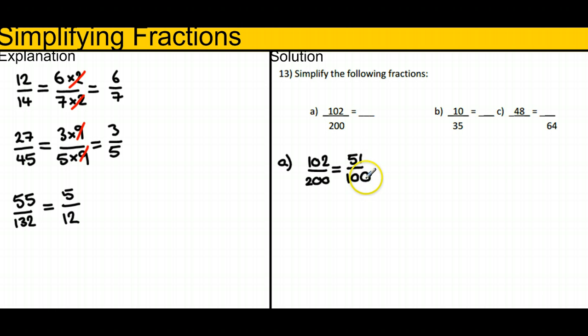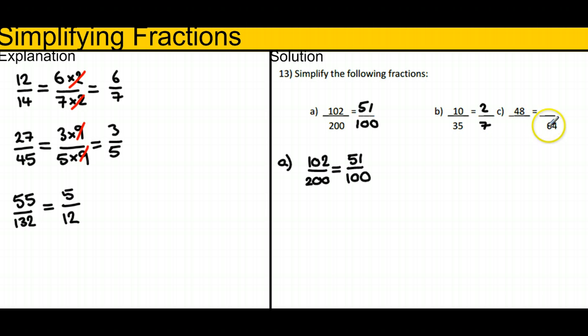Doesn't look like it, because 2 doesn't go into both. 3 does go into 51, goes in 17 times, but 3 doesn't go into 100. So you'll find that that is your simplified fraction. For this one here, 10/35, 5 goes into both, goes twice into that, 7 times into that, so 2/7 is